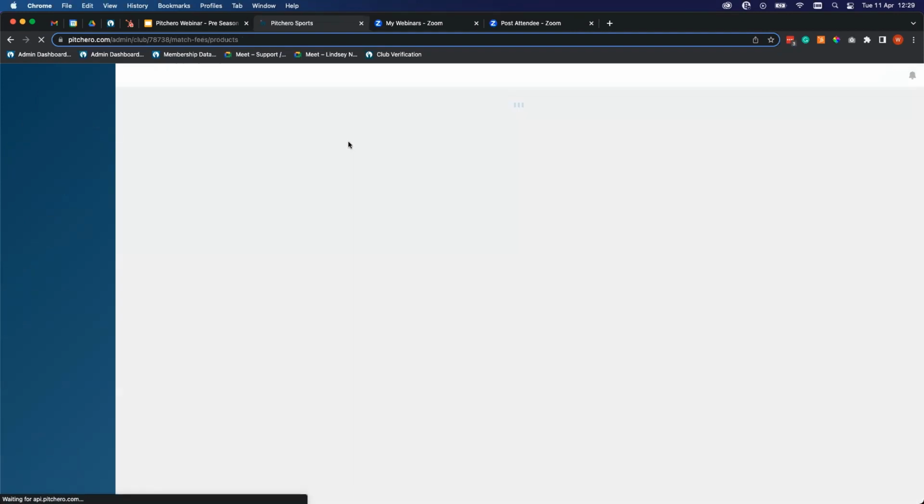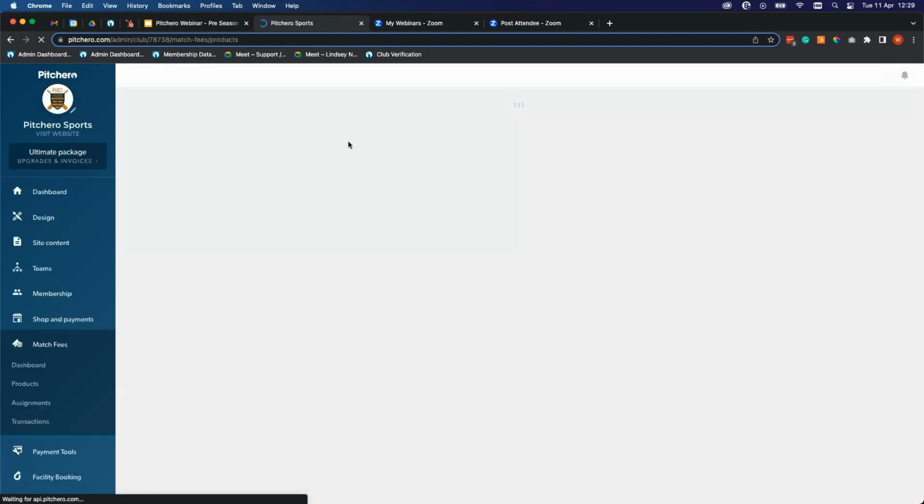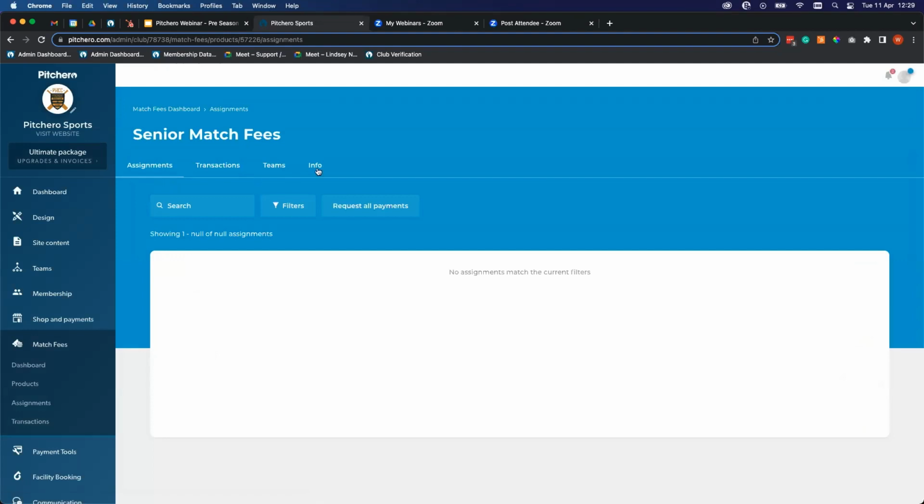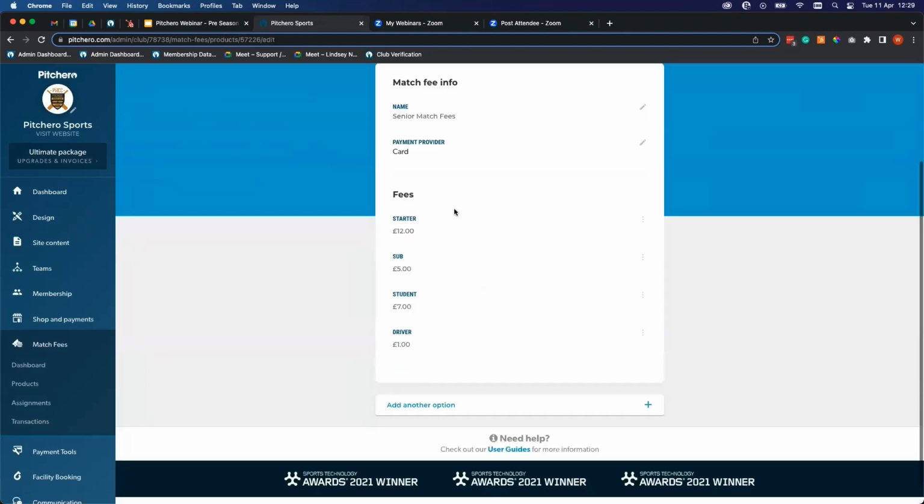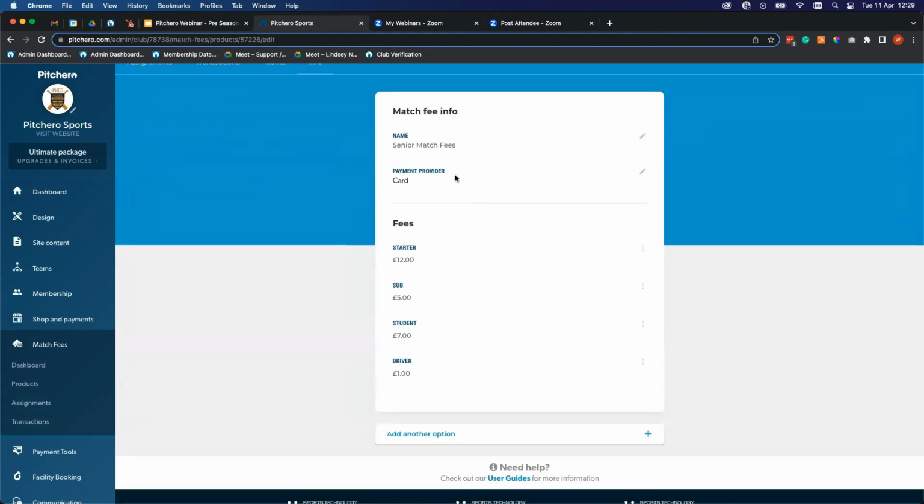But what we are going to do in this instance is we'll just click into this top match fee, senior match fees, and then if I go into info, you can see the different breakdown. So you can create the product as we just did in the shop and payments, similar process. You give it a name. Stripe's obviously the payment provider for this one, and then you give it the different variants. So here we've got starter, student, driver. So in cricket you could have like senior, junior, student, driver, umpire, something like that,